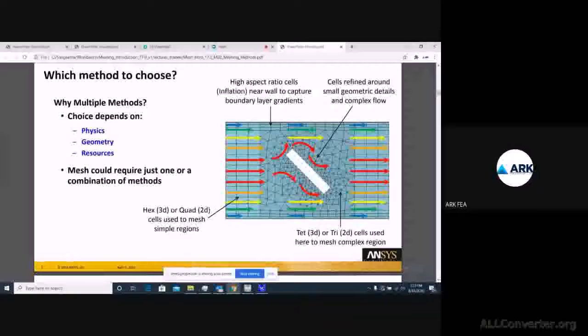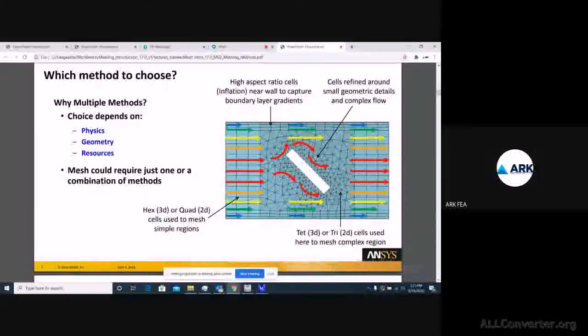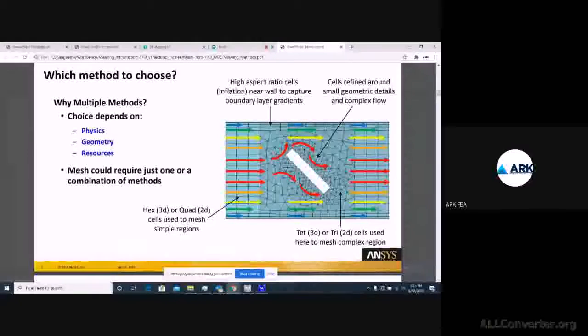If you are working with CFD, your physics is completely changing, right? So in that condition you may have to choose different methods depending on the geometry also.